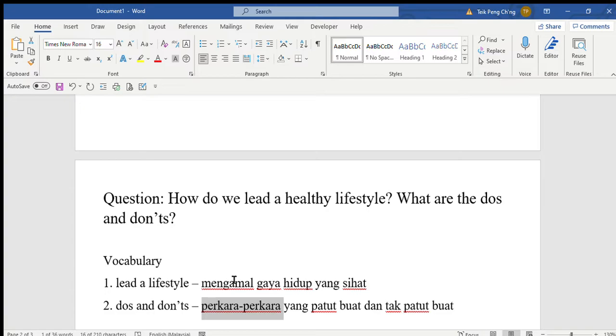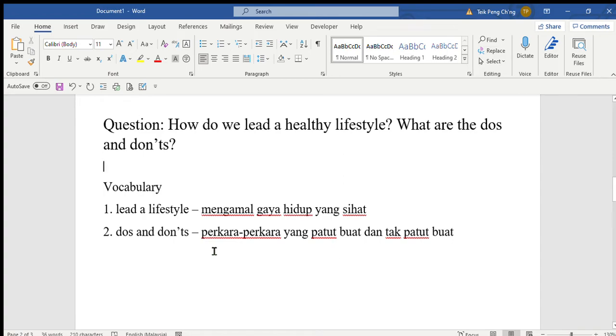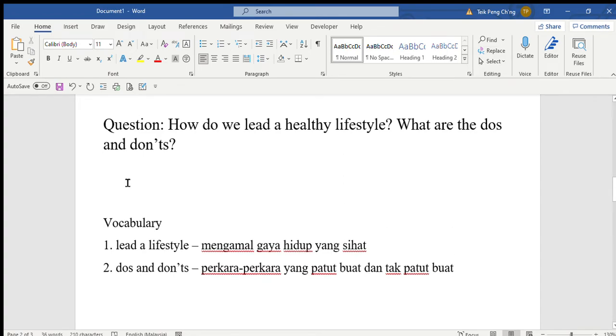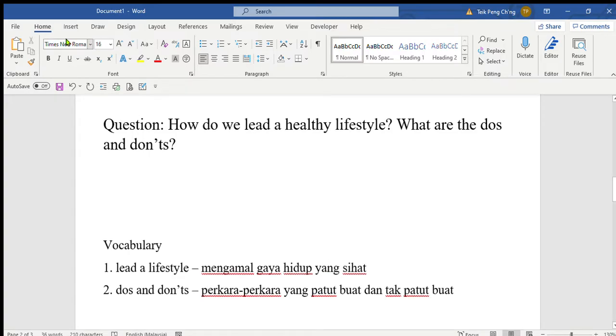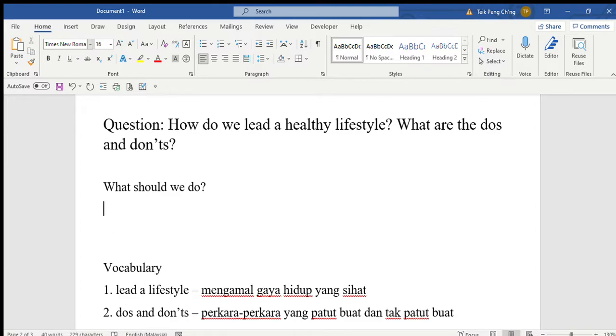Okay, let me repeat again. You need to take out your book 2. Okay, buku 2, speaking and listening. Write these questions and also the vocabulary in book 2. Okay, so first of all, let us think about what are the things that we need to do if we want to lead a healthy lifestyle. Okay, what should we do? What should we do? Okay, so normally the first one is we need to eat